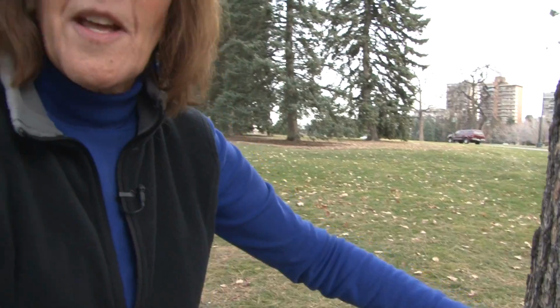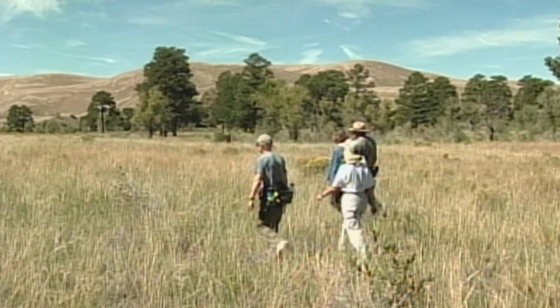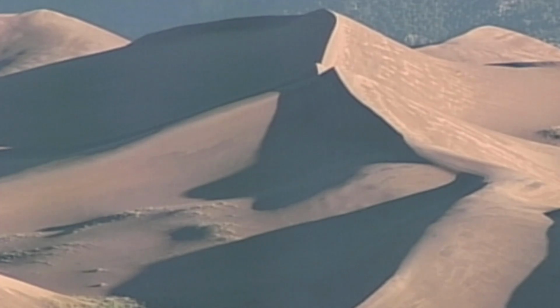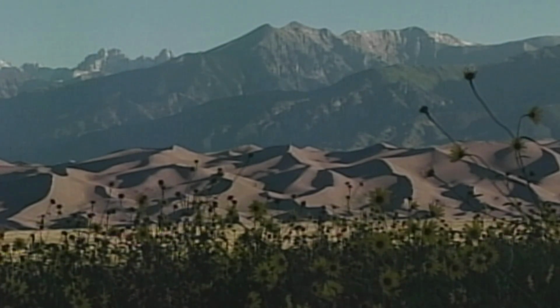One of the stands of trees at Great Sand Dunes is on the National Register of Historic Places. And through the time since Marilyn has identified these as resources, we have had visitors from Cub Scout groups to tribal members to the Secretary of Interior. History Colorado has been involved in Marilyn's research. Great Sand Dunes National Park and Preserve have received a large archaeological grant from History Colorado, and in that grant was a large amount of survey work to be done on new lands that are now part of the Park